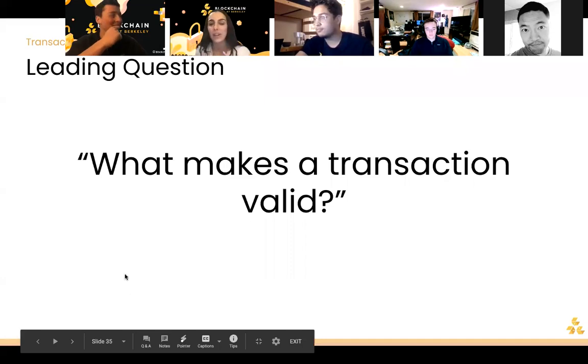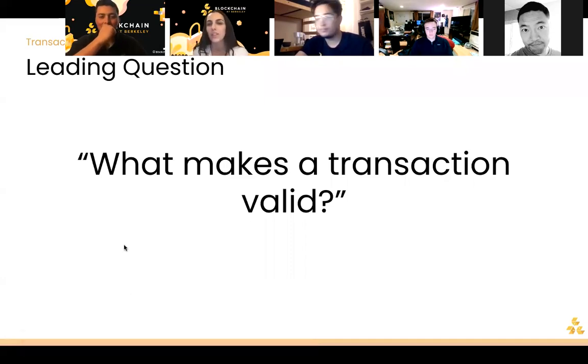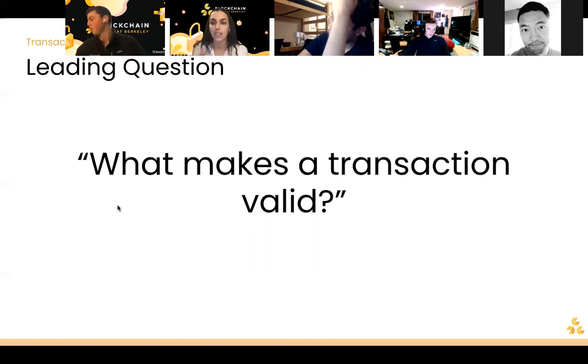The leading question for this section is going to be what makes a transaction valid? This is interesting because we've never really had to think about this before, because banks kind of take care of that for us. We've never had to consider what goes into the process of validating a transaction because we've just placed all that trust into banks. But now we want to think, okay, if we're going to try to create something that does everything that banks do, we have to get into that mindset and think about what goes on behind the scenes.